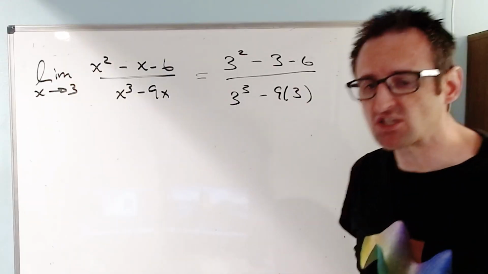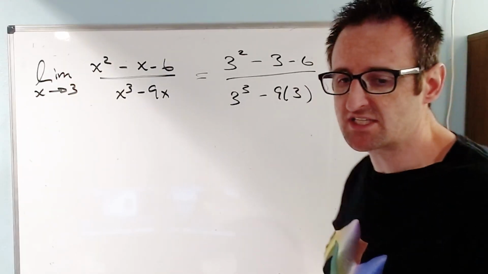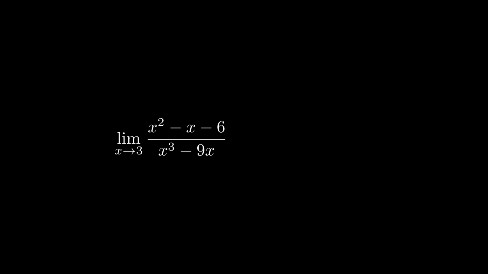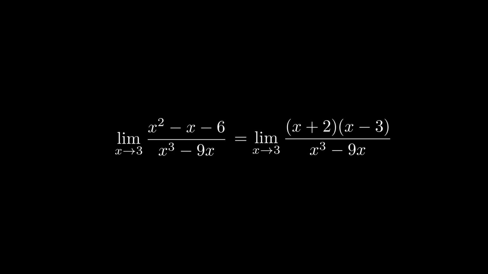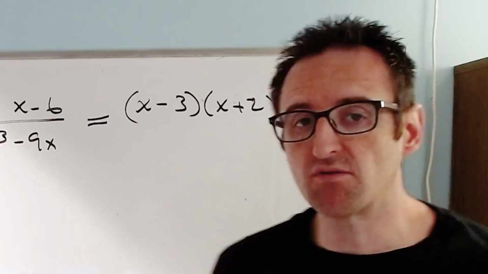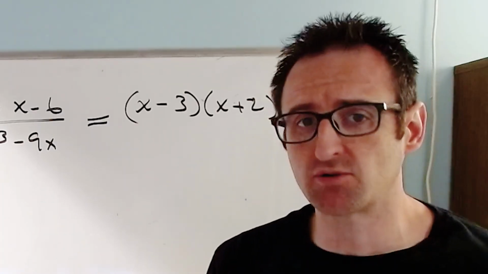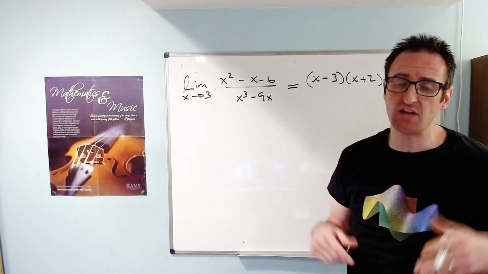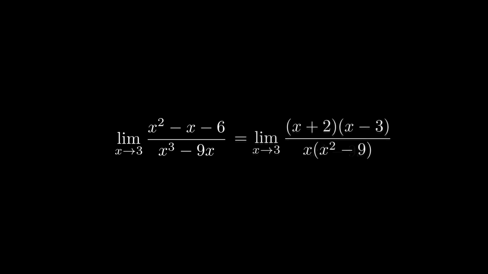So before we can start using the limit laws, we have to simplify this expression a little bit. To do that, let's factor both the numerator and the denominator. The numerator factors as x minus 3 times x plus 2. If you need a review on how to factor a trinomial, I have a great trigonometry video that shows you how to factor trinomials without having to guess any factors, and you can find a link for that in the description. The bottom factors as x times, and you'll get an x squared minus 9 left over, but that term factors as x plus 3 times x minus 3, to yield x times x plus 3 times x minus 3. At this point, you can see that there is an x minus 3 factor in both the top and